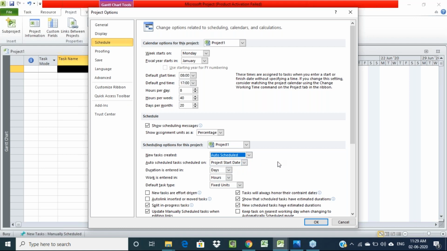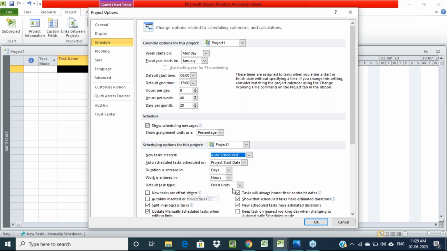Since we have to use it for all the tasks whatever we are entering, for all the tasks we need a single scheduling option, either manually scheduled or auto scheduled. In case of manually scheduled, for each and every activity we have to enter the start time and finish time. The use of auto schedule is that if you set the standard base setting as auto schedule once, then automatically when you enter the duration of the activity, it will take the finishing date of the activity, right? That's why we have to make it auto schedule, right?